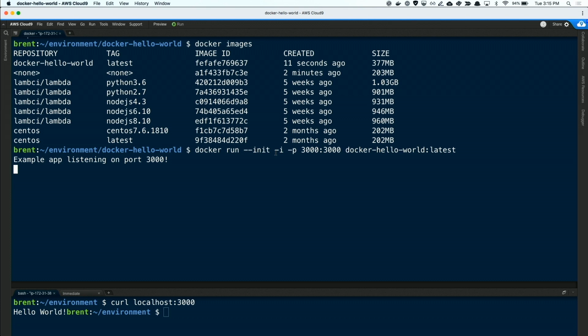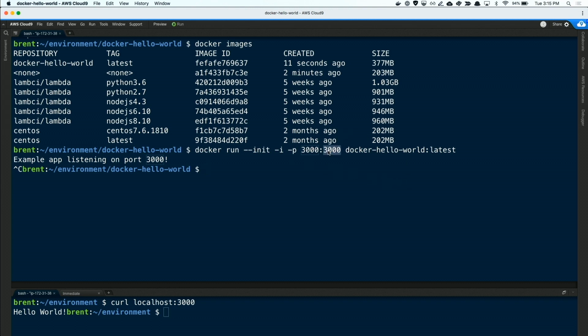So what's happening here is we're saying, okay, launch a tiny init that's built just for Docker, that's there just to spawn my command. And that way, when I press Control-C, it'll actually kill the container and give me back my shell. The other options in here are -i for interactive mode. I don't want it to fork into the background when I'm testing. If I were going to run this on a server, I would want it to fork into the background. And then -p